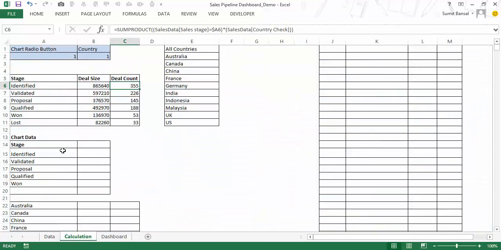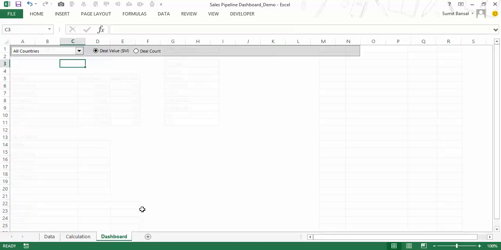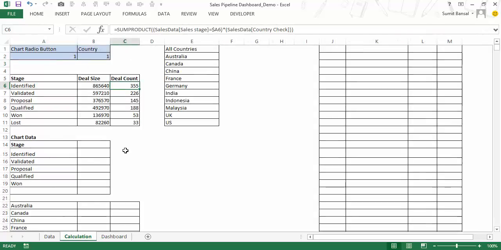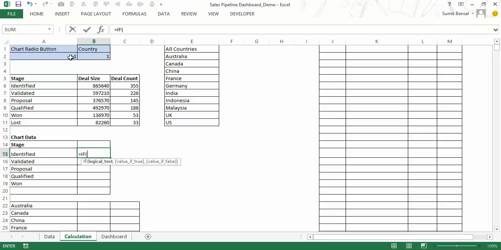Now what I need to do here is, this is the data that gives me deal size as well as deal count, but you would remember that I had a pie chart here, a donut chart rather, that would give me deal value if I select this and deal count if I select this. So what I would do here is I would simply check whether this value is 1 or 2. So I would do if this value and F4 to lock it is equal to 1, which means that it says deal size, then I would take this value, else I would take deal count. And now I hit enter and it gives me deal size because I have first one selected, which is for